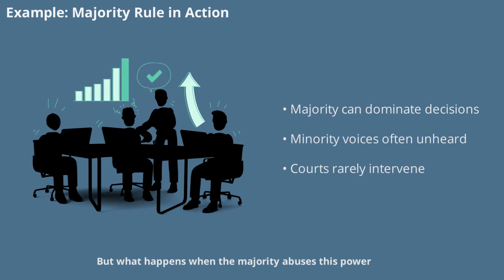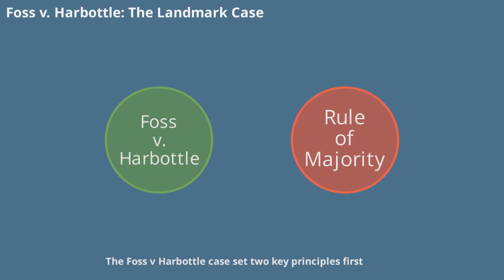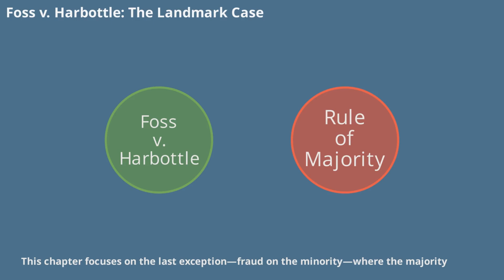But what happens when the majority abuses it? The Foss v Harbottle case set 2 key principles. First, a company is a separate legal entity from its shareholders. Second, courts won't interfere in internal management if the majority can ratify an act. However, there are exceptions. If the majority acts illegally, violates personal rights, or commits fraud against the minority, courts can step in. This chapter focuses on the last exception, fraud on the minority, where the majority uses its power to